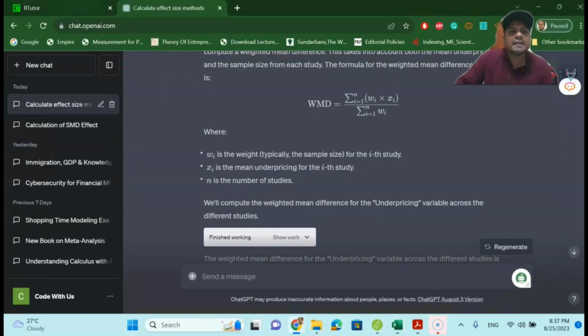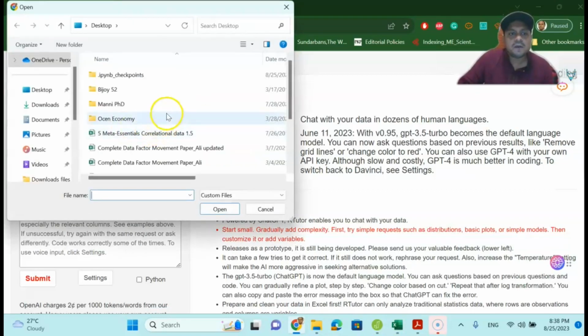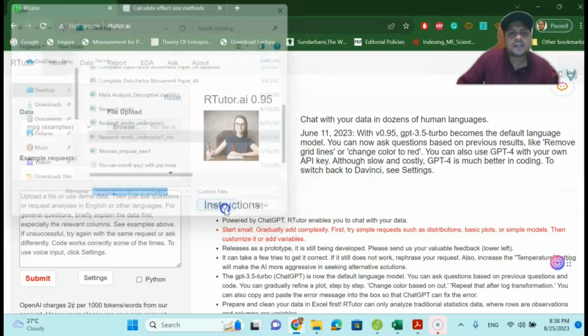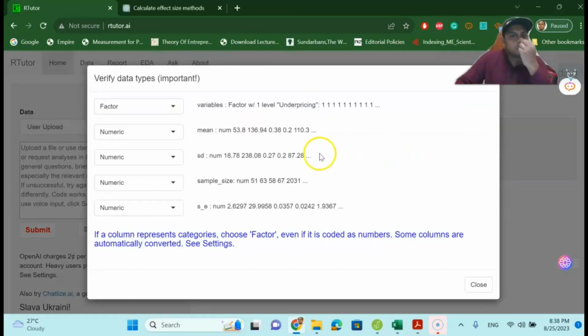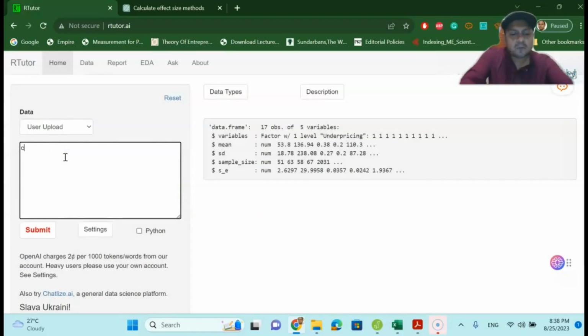One is you can go to rtutor, you can upload, this is also a free website. You can choose the sample that I have selected. You can see here, this is the research work. Click this one, okay, and then it will give you the information of the variables. We have the variables over here, and we know that these are numeric variables, so we can close it down, and you can ask it to calculate